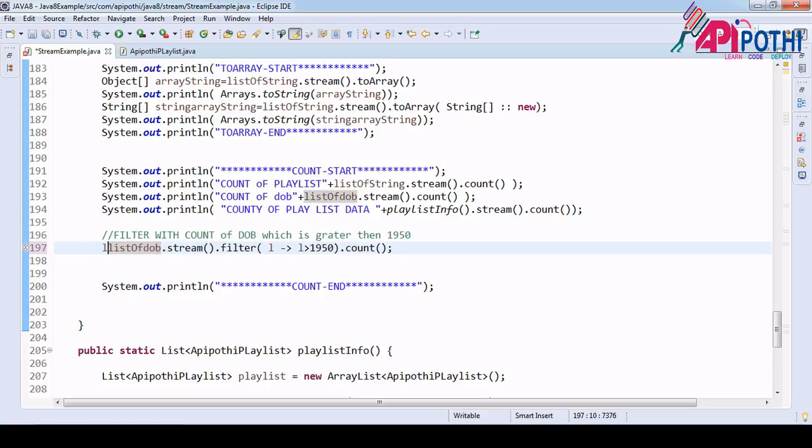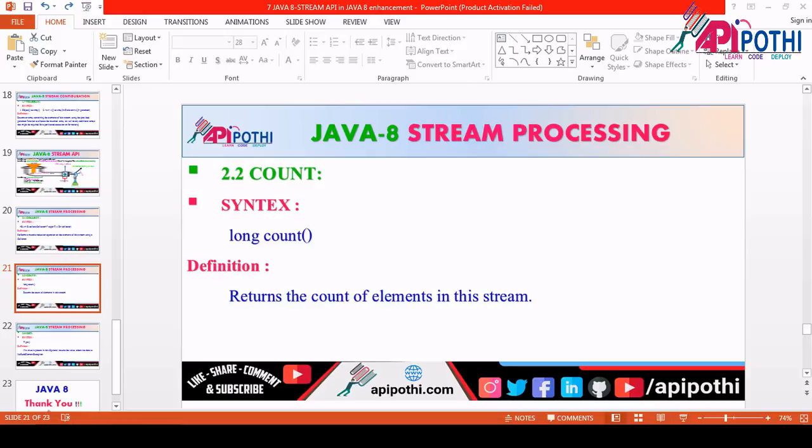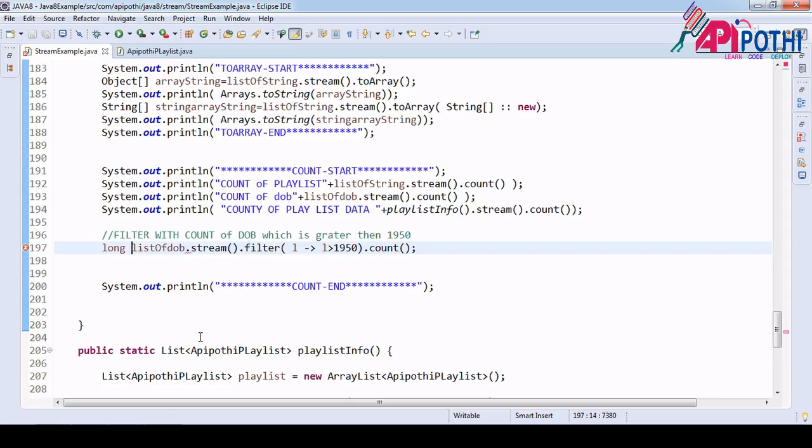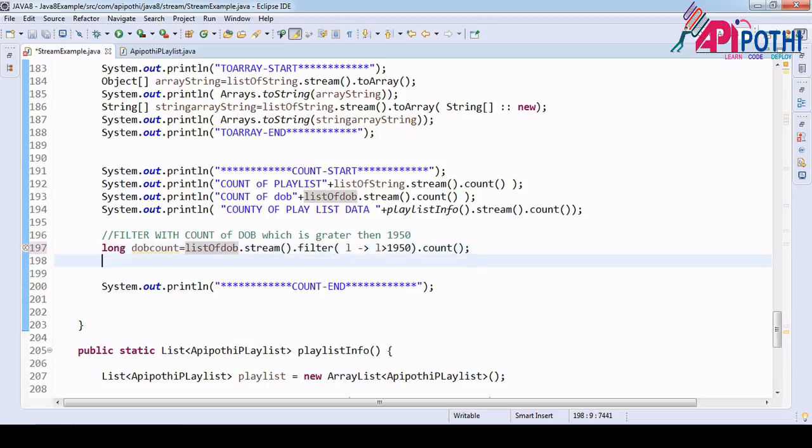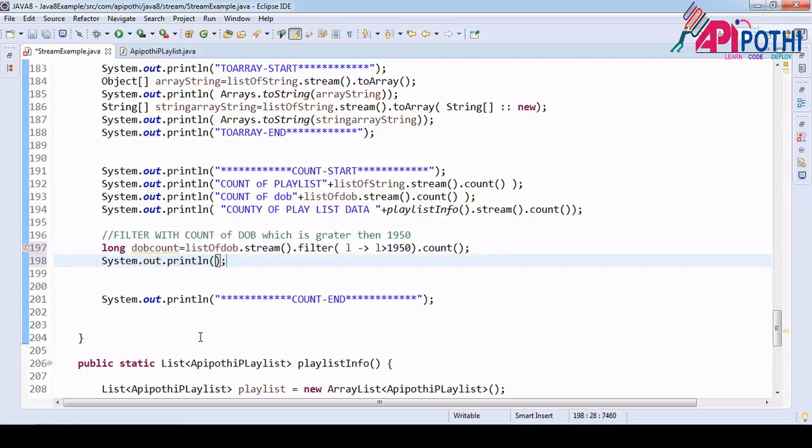That's all. So what will it return? It will return a long. The return type of count is long. If you see the syntax, it is returning a long. So long date of birth count, that's all.